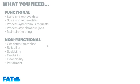Now, non-functionally, what you also need is a consistent metaphor. You can't have that previous diagram with all the interconnections and spaghetti architecture. If you don't have a consistent metaphor, maintaining the thing and pivoting is going to be impossible. You need it to be reliable. You need it to be scalable. You need it to be flexible. You need to be able to extend it and mold it and shape it how you wish, because you will